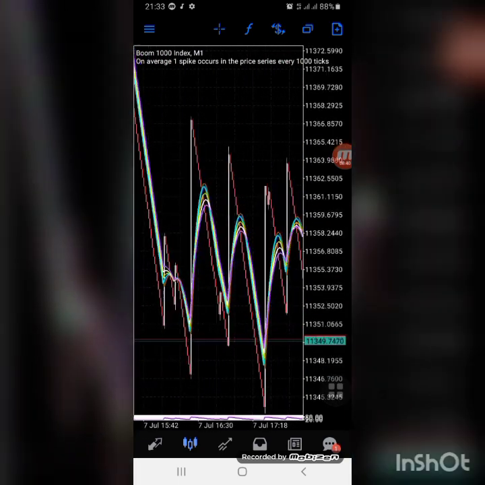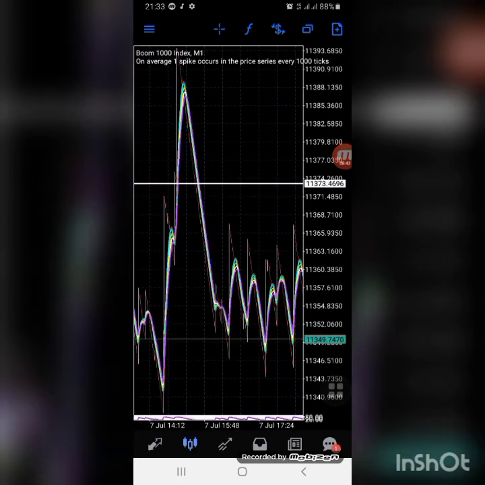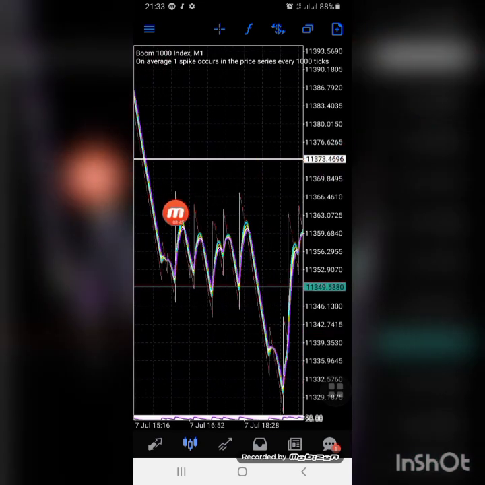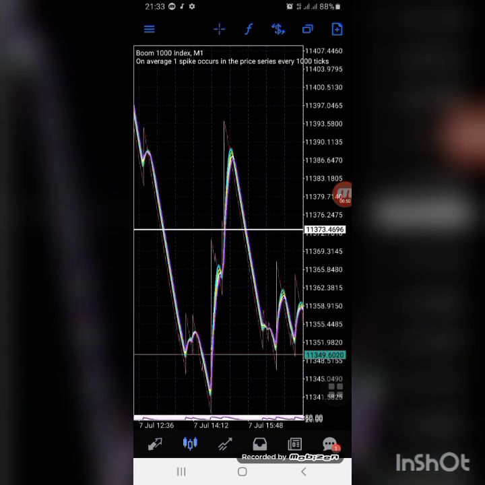At this point we have a ranging market. Here we have a ranging market. Okay, you have a ranging market here. All right, now look, you see that